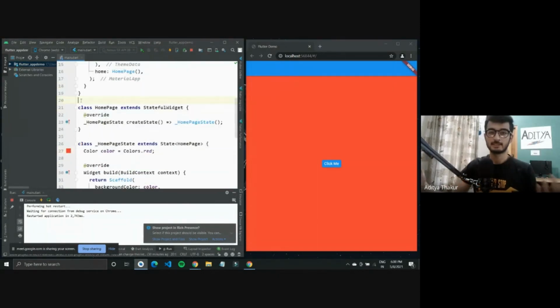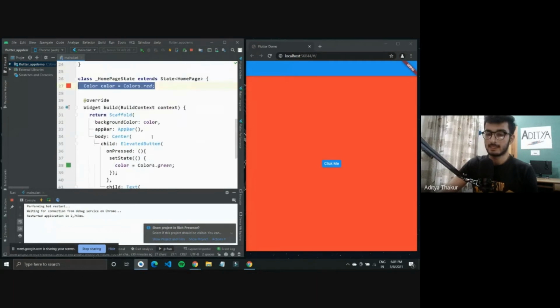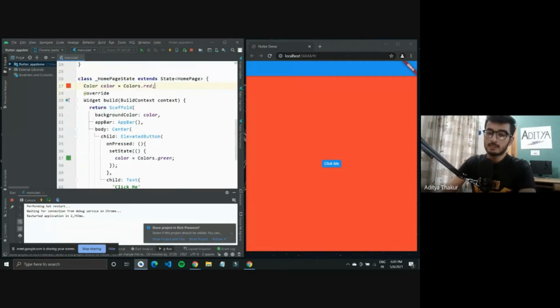Home page is a stateful widget again. So this color was defined to be red for this widget, right? So then what happened is, after this color was defined, we wanted to set this color as the background of our scaffold. So we just gave it as a property to this background color.